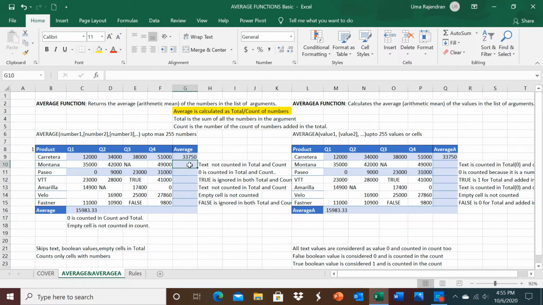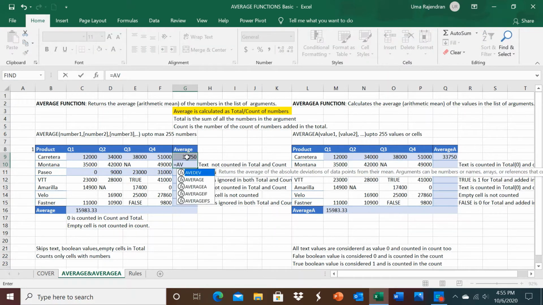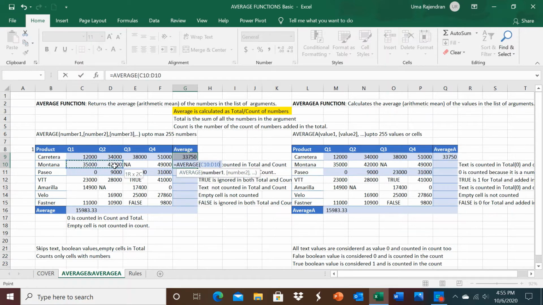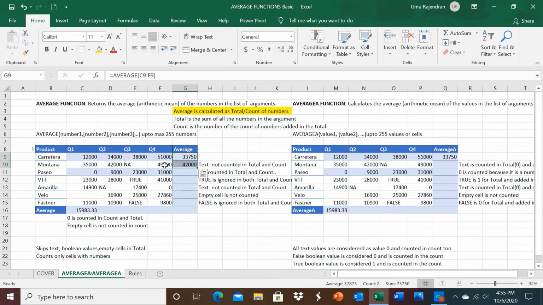In the second example, again AVERAGE, Q1 all the way to Q4 for the second product, enter, and when you copy it down for the second product in AVERAGEA, you can see that the averages of the two functions are different because there is a text value in the list of arguments.